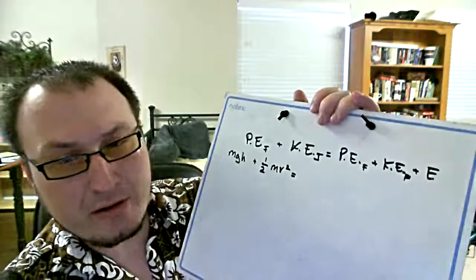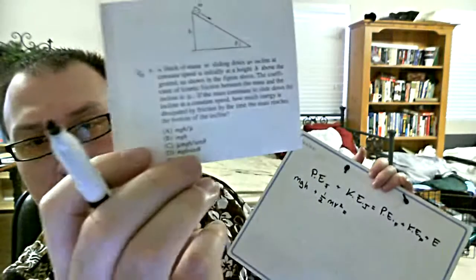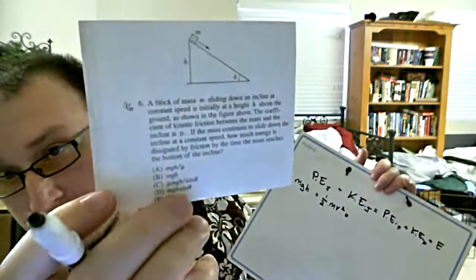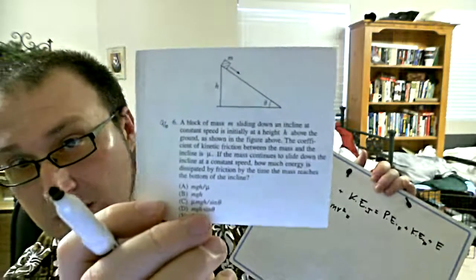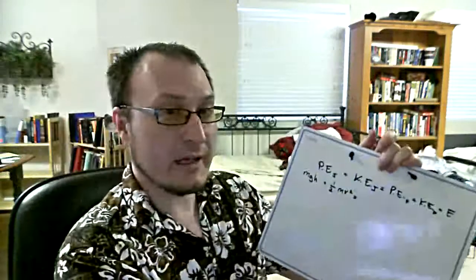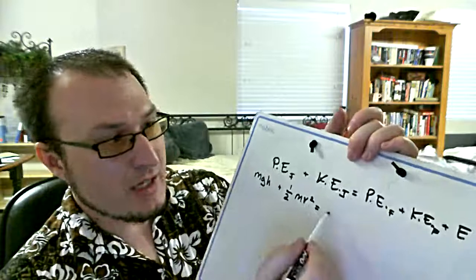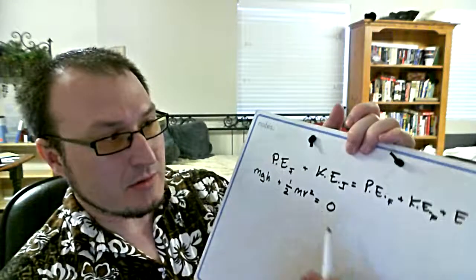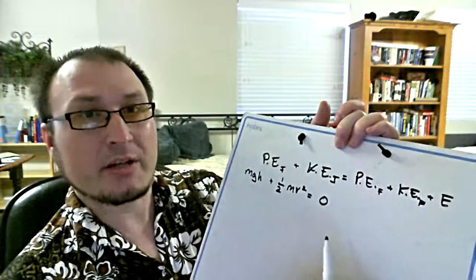energy final. And if we're saying this goes all the way to the bottom of this ramp, then you can see it's therefore horizontal to the very bottom part here. It's traveled vertically the whole distance h. So it went from the top to the bottom. So that's going to be 0, because if we're taking the reference point for our potential energy at the bottom